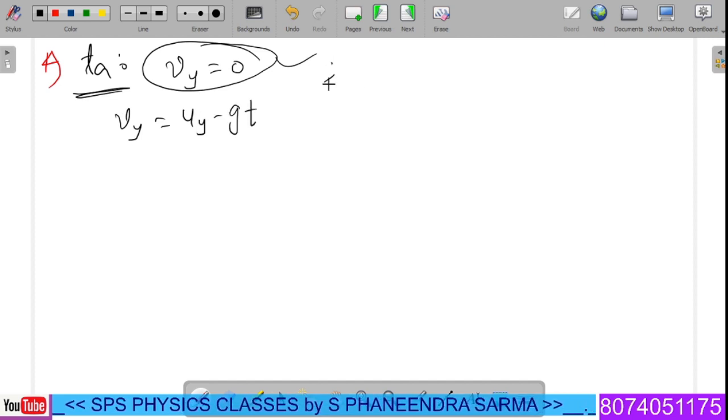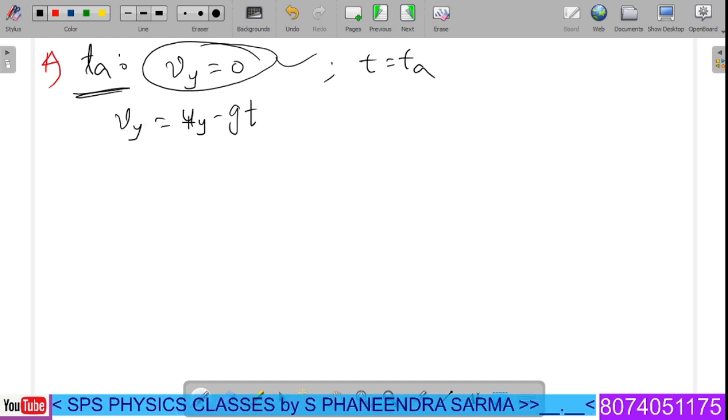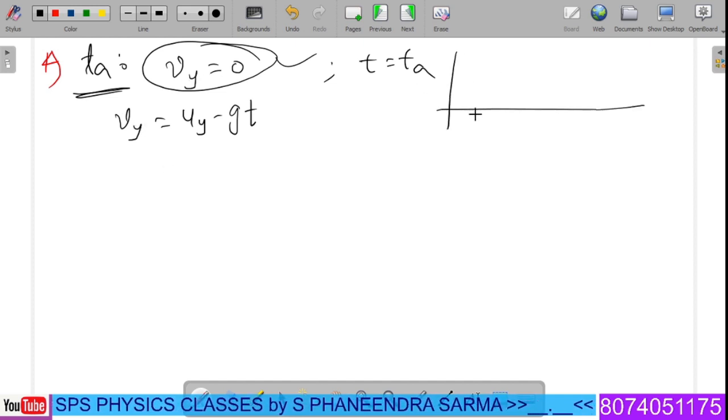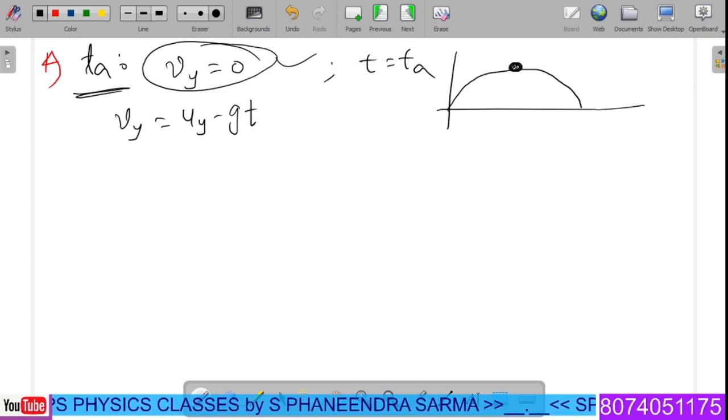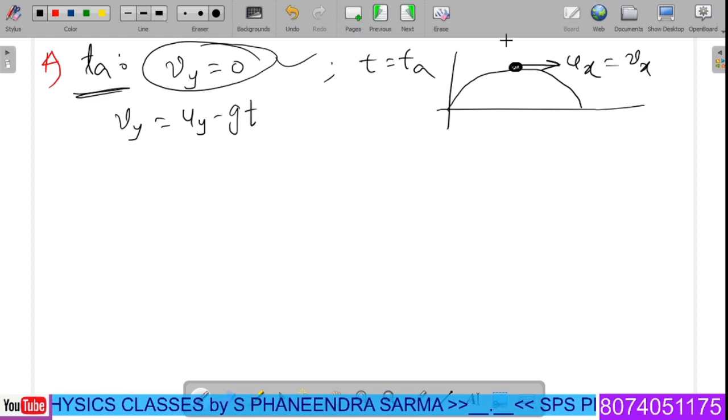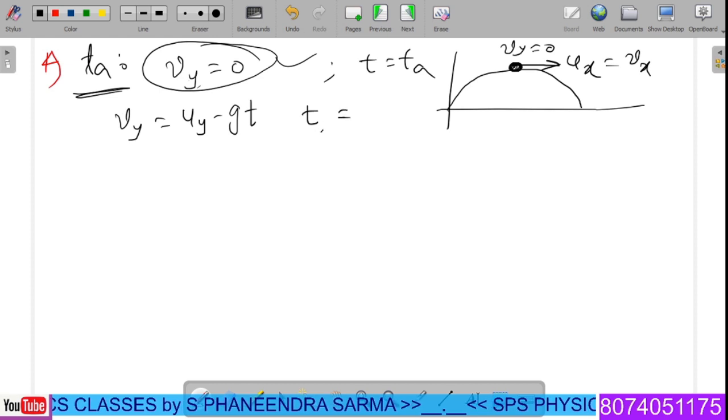In this, substitute t equal to Ta and final velocity as 0, the vertical component as 0. How? Let us see the figure. This is the track of the projectile. At maximum height, only Vx is present, whereas the Vy component becomes 0. That is the definition of maximum height. Substitute these two parameters in the equation, and then the time of ascent you can write down as